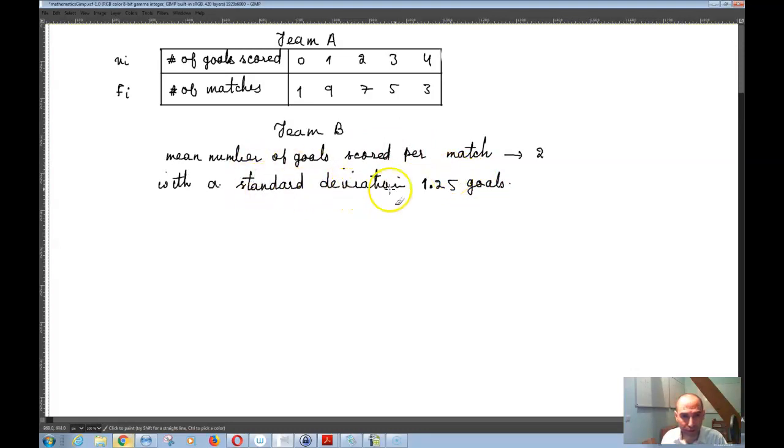You can see that the unit for standard deviation becomes basically again goals, meaning that, for example, if you have some data, 0 goals, 1 goal, 2 goals, 3 goals, 4 goals, and you take the mean of this data, you'll get, for example, x bar equal to, let's say, 2 goals. And the unit becomes again goals, because you take all of 0 goals, 1 goal, 2 goals, and so